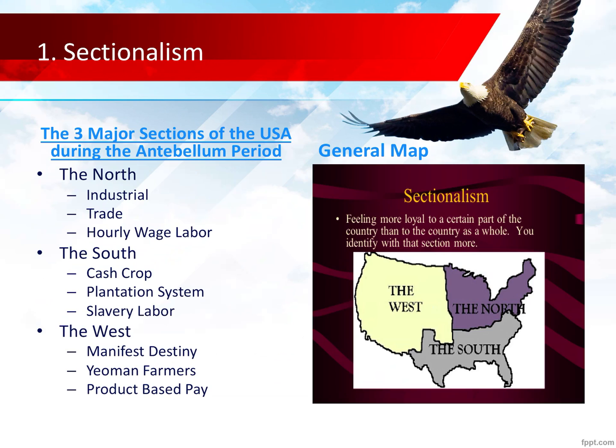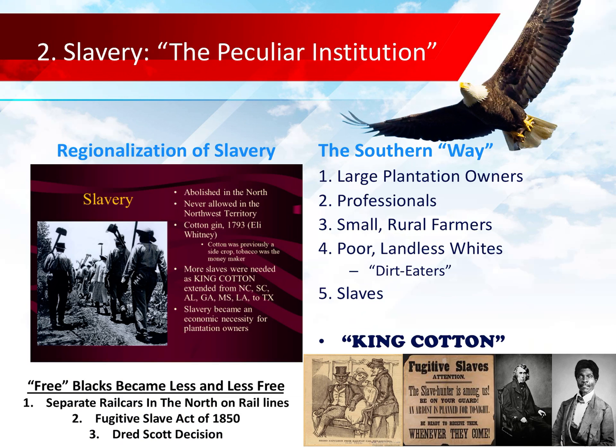So these three economic systems are vastly different in the same country, and yet they're reliant upon the other two systems. For example, if you're going to move west, Levi Strauss and denim. Denim is made from cotton. So the raw cotton came from the South, and the product of denim came from the northern factories to produce this needed wear. So that's just one quick example.